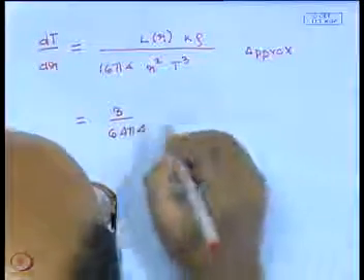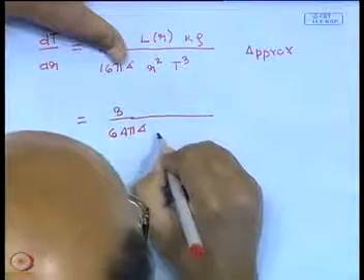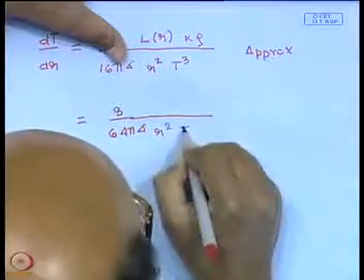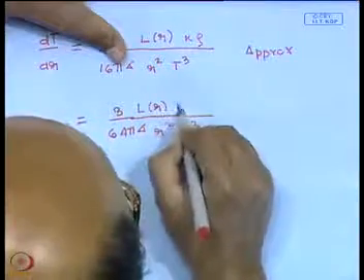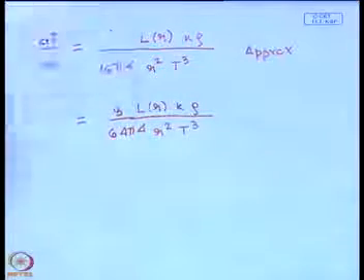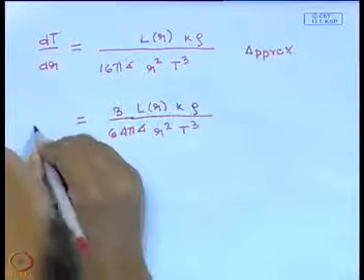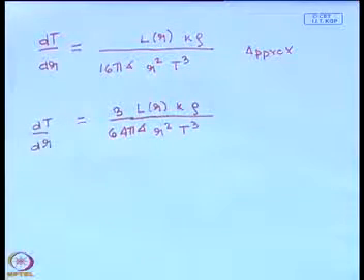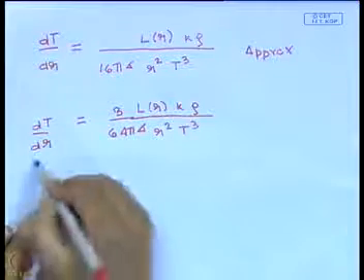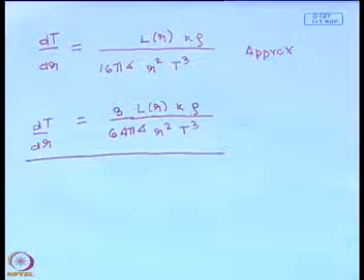pi sigma r square T cube L r kappa rho. Okay, this is the temperature gradient. So, this completes the 4 equations which one has to solve in order to determine the structure inside a